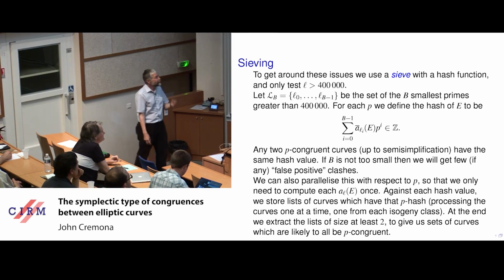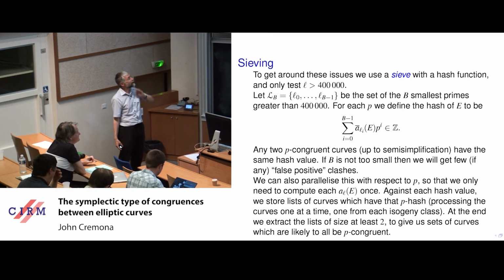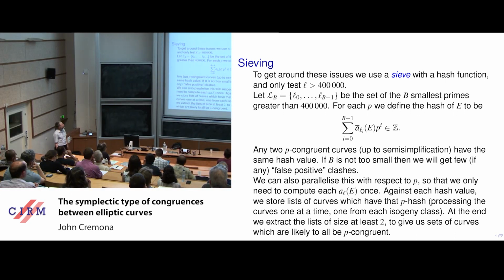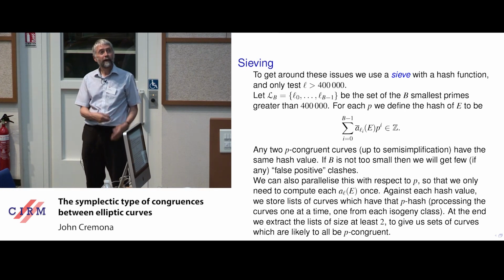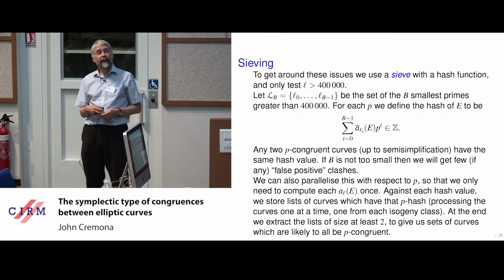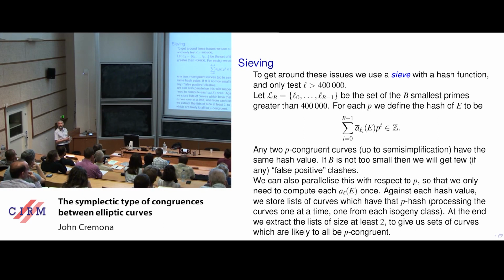Okay, so we use a kind of sieving procedure together with a hash function. I hope that's not too computer-sciencey for this audience. So you think of a number b, and you take the first b primes bigger than 400,000, and then we take one curve at a time. On this first pass, for each curve E, you compute AL of E for all these L's in this finite set, and then the bar on the AL of E